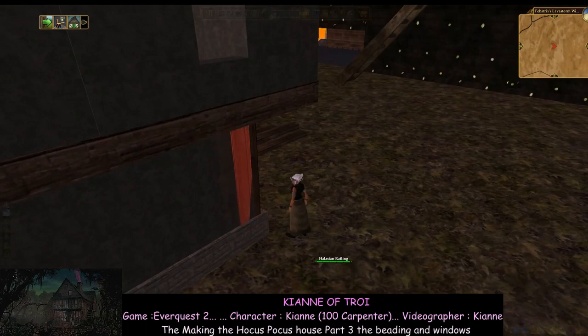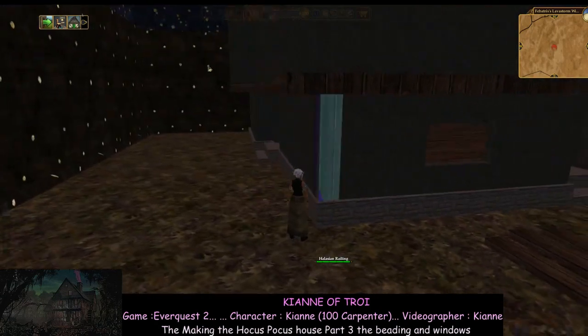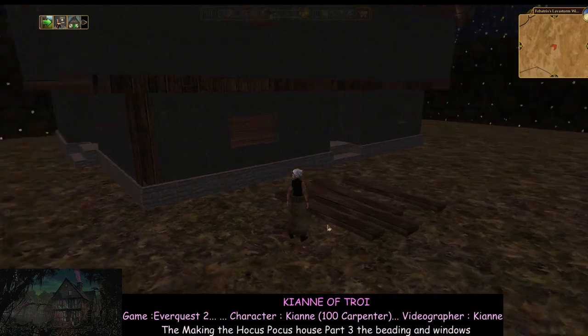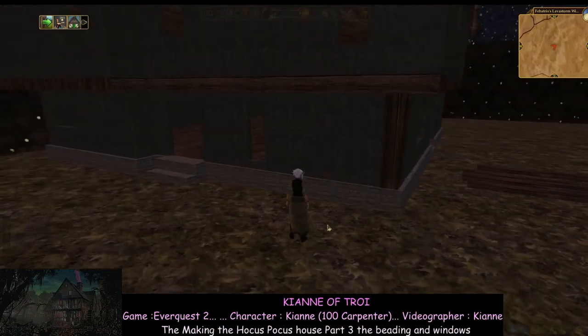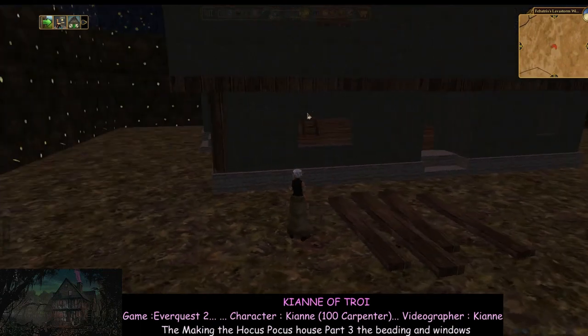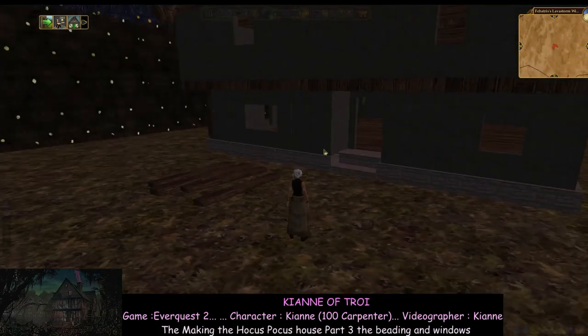And get it up against the edge. As butted as I can get it. There you go. And that is one bit done there. Now I'll do the window, and then I might do just a couple more here because it's got to be butted up here and butted up there